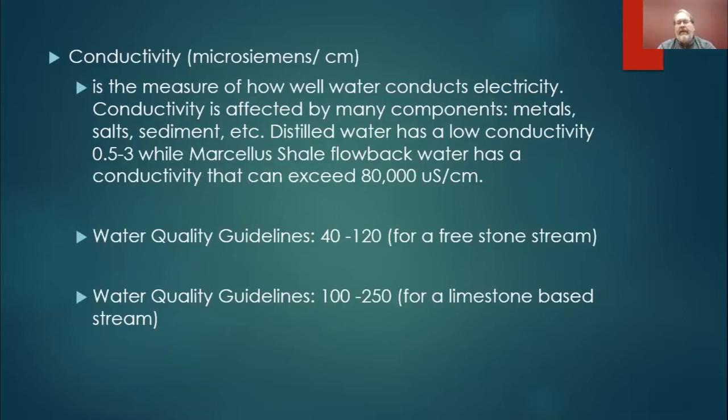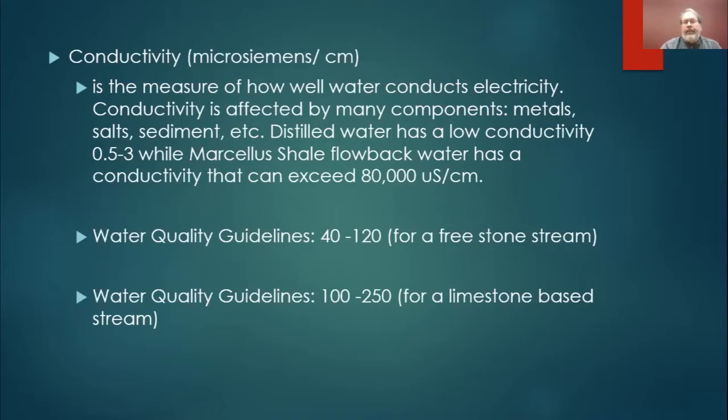Okay, so conductivity. Conductivity is recorded in microsiemens per centimeter, and it's just the ability to pass electricity through water. That includes anything that would cause electricity to be transferred more quickly, anything in the water that could help that happen. So you're talking about metals and salts and sediments. To give you an idea, if you had distilled water, conductivity could be very low, 0.5 to 3 microsiemens